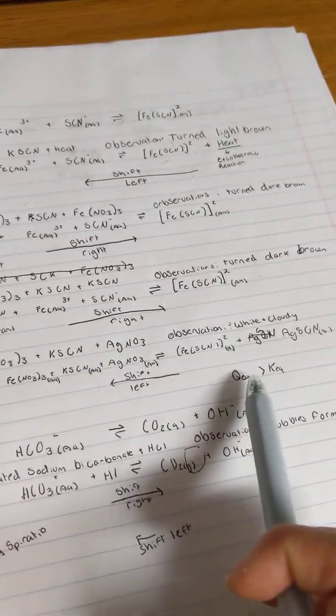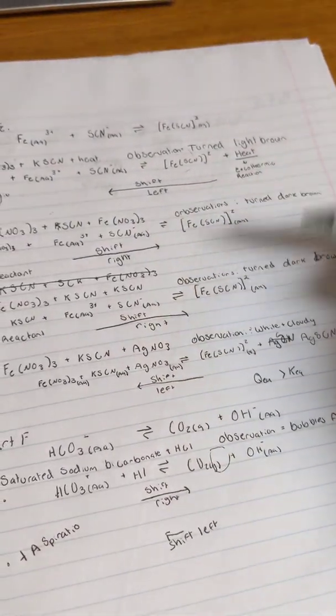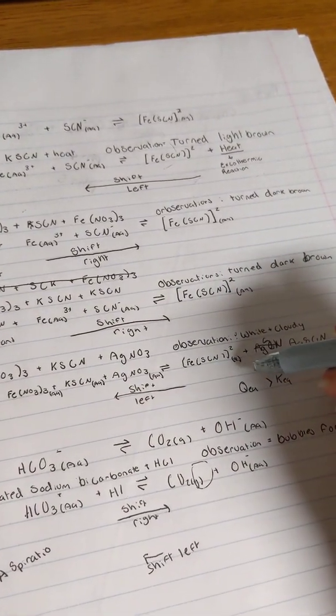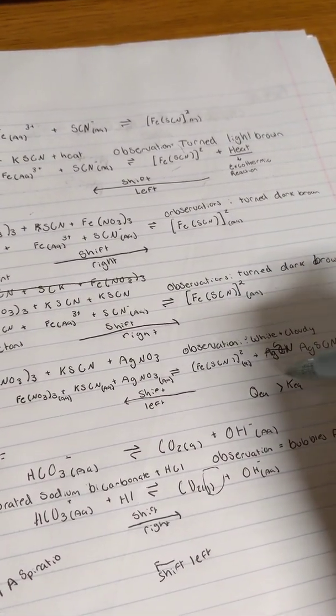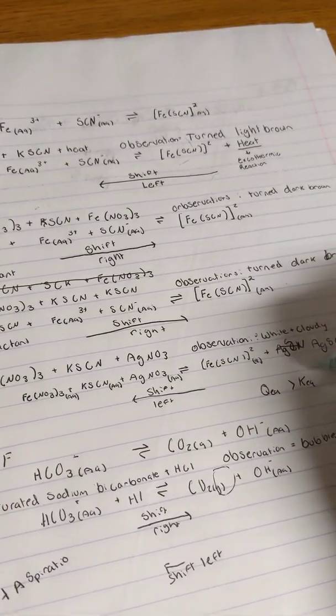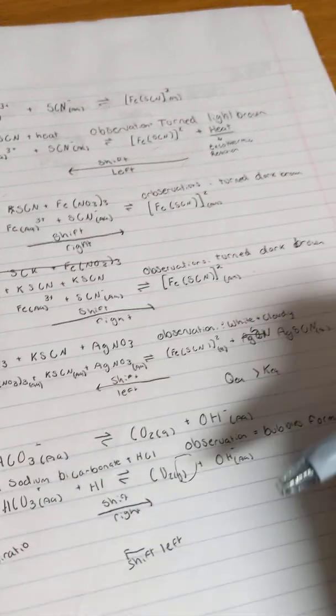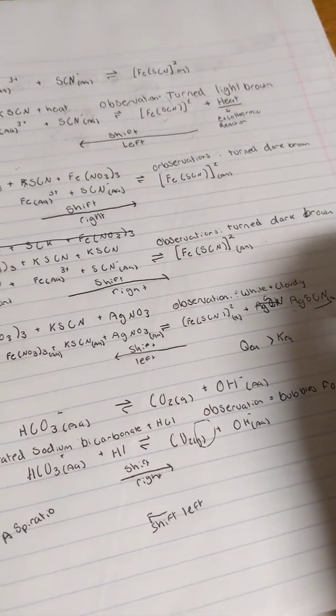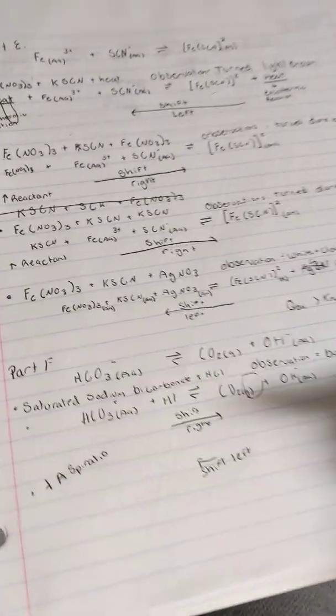And then this one, it would be a shift left because a precipitate was formed, so that meant Q equilibrium had to be bigger than K equilibrium for that shift left to occur, and this was observed when a precipitate was formed. And then for part F,